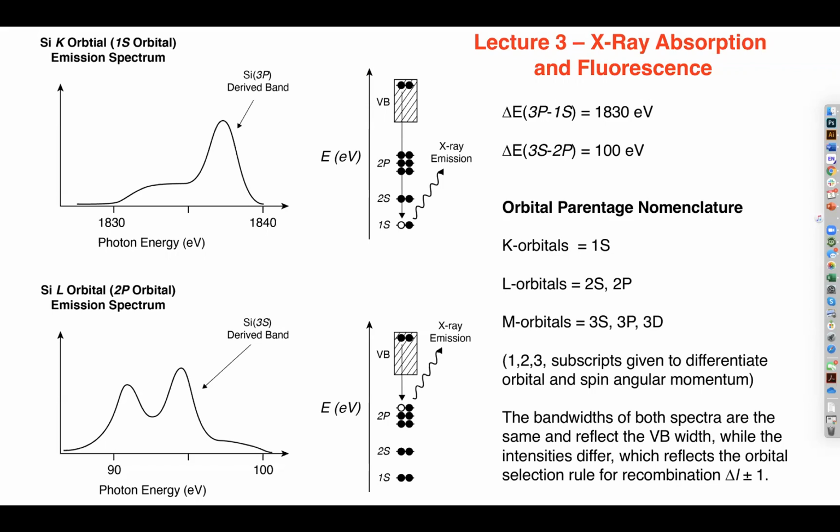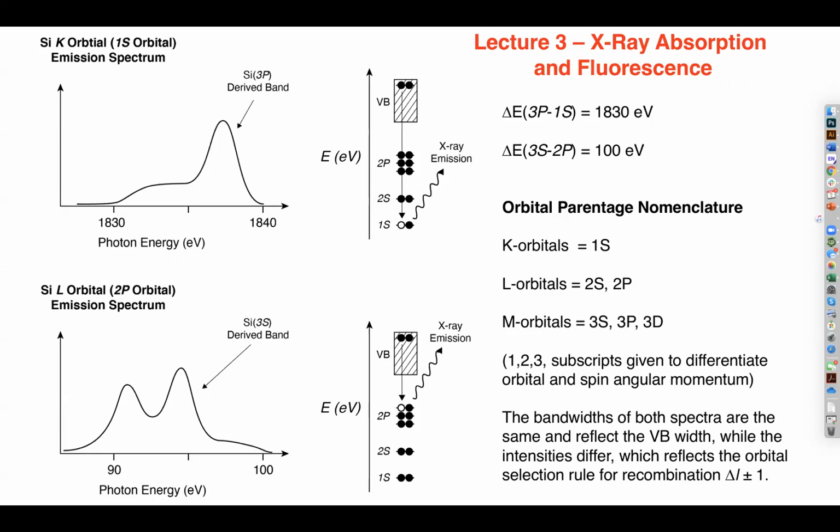And recombination of that core hole with a valence band electron gives you an X-ray. Now, remember that selection rules really matter here. There's very little charge transfer character to these because of the poor overlap. So the selection rules apply in force, and that means that